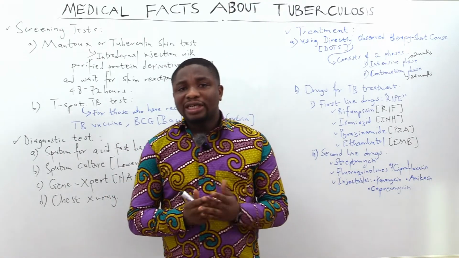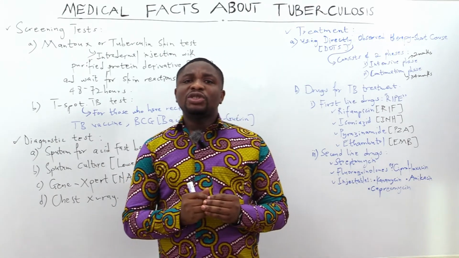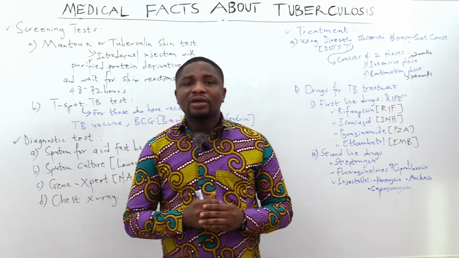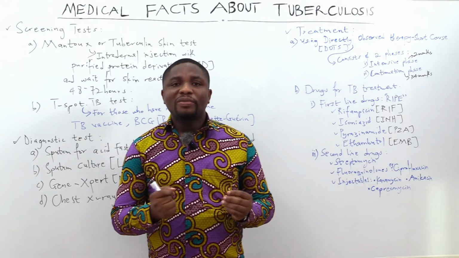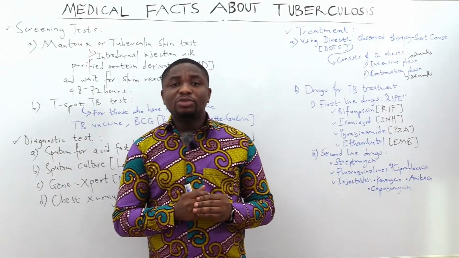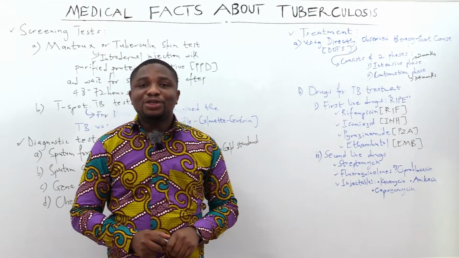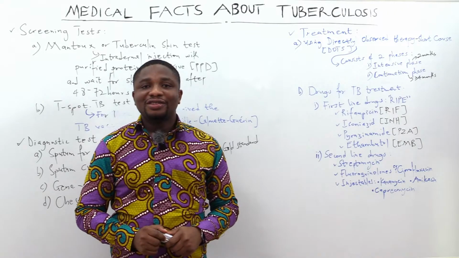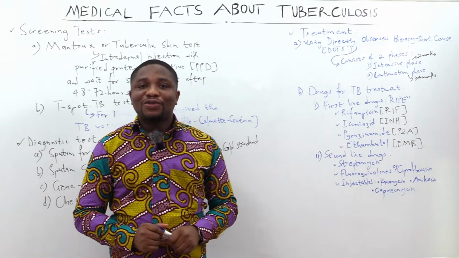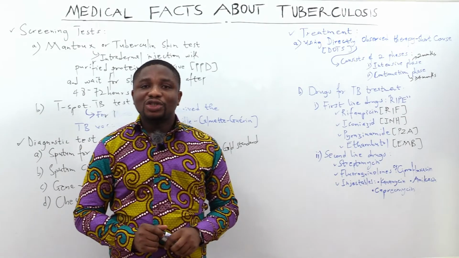Then the question goes, how can one prevent tuberculosis? If you are diagnosed with TB, you should stay away from crowded areas, you should stay away from closed environments, you should take your medications as prescribed, and you should make sure you are not sleeping in the same room with your family. You are isolated. Also, make sure to cover your mouth when coughing, talking, or sneezing to avoid the spread of the Mycobacterium tuberculosis bacteria. That is for those who are infected with tuberculosis.